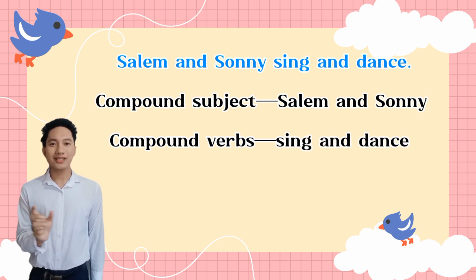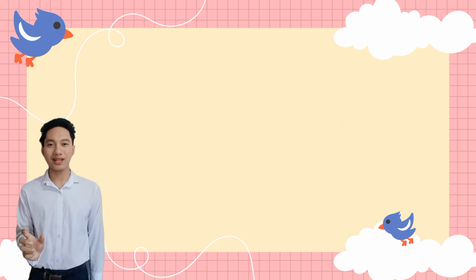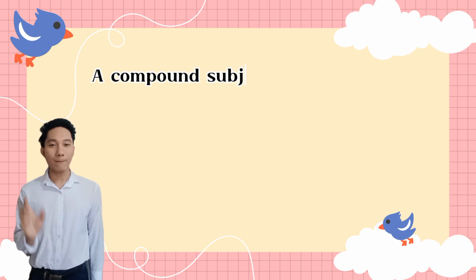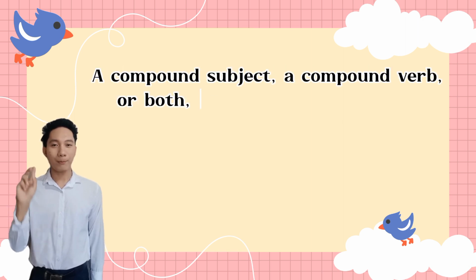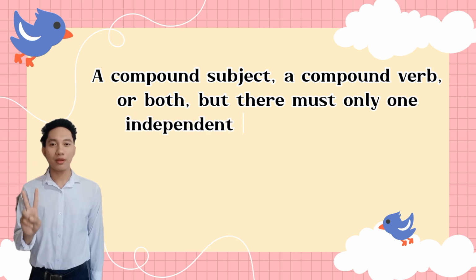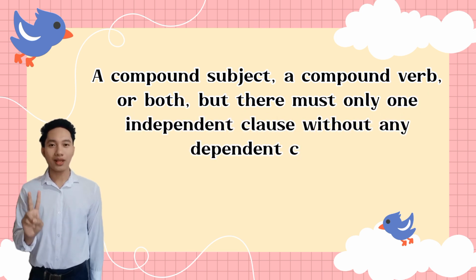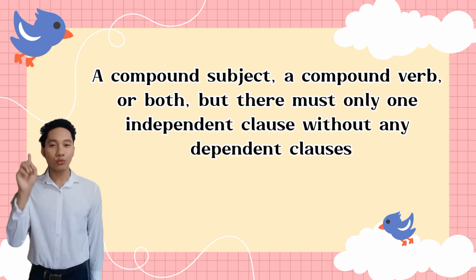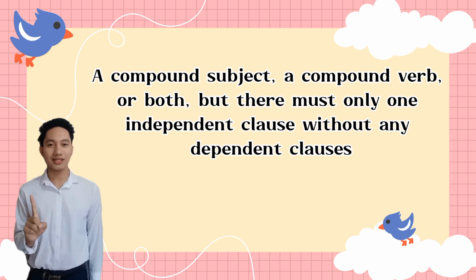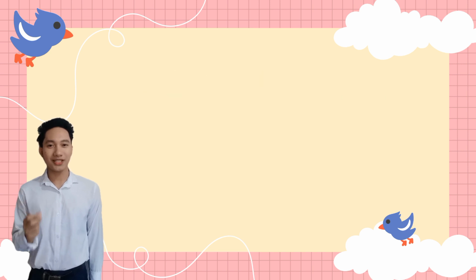So, why are these sentences still considered simple? Because a simple sentence can have a compound subject, a compound verb, or both, but it remains simple as long as there is only one independent clause without any dependent clauses. So clear? Okay, so let's proceed now to the next structure of sentences, and we call it, what do you